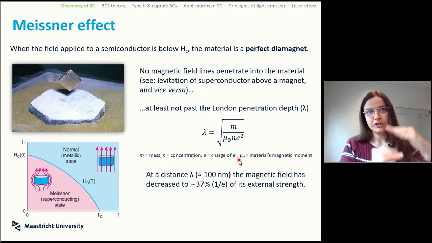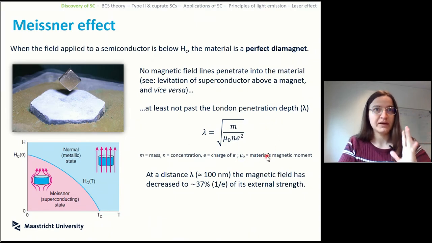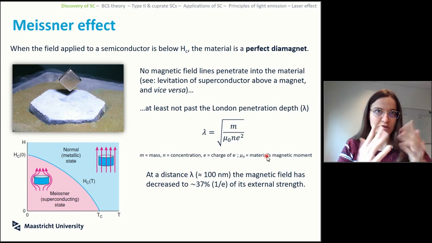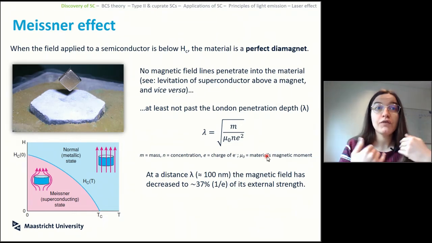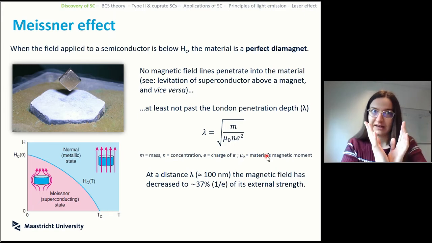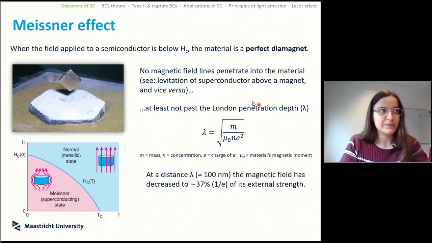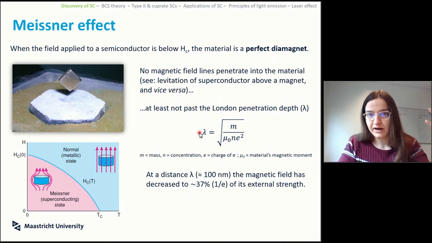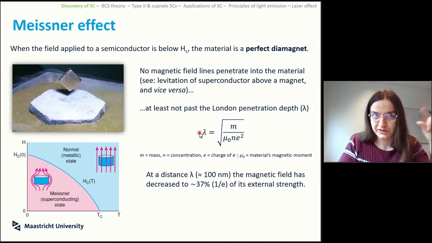So you kind of create a shielding point. Beyond this London penetration depth, the penetration of the magnetic field is actually blocked. You cannot go any further because that will just get you repelled. This means that the magnetic field lines just get pushed away from the material. This penetration depth is usually around 100 nanometers. So this is super, super tiny, like a layer of a couple of unit cells of your material and nothing more,